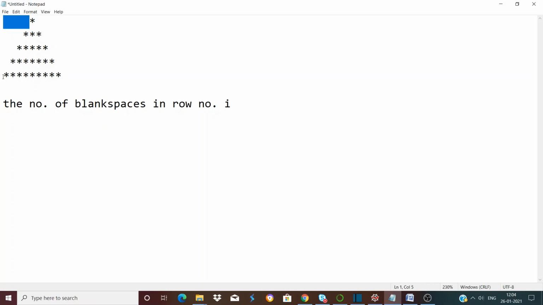And we have total 5 rows in this picture. So what can we write? There are 4 blank spaces. So 4 is equal to, we can write it 5 minus 0 minus 1, right? So here what is 5? 5 is the total number of rows. What is 0? 0 is the row number of the current row.